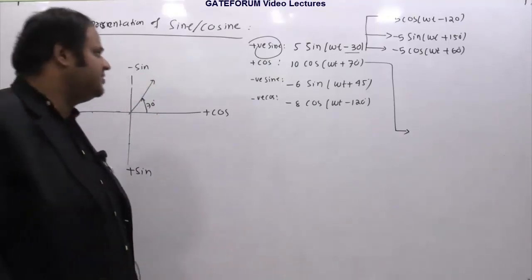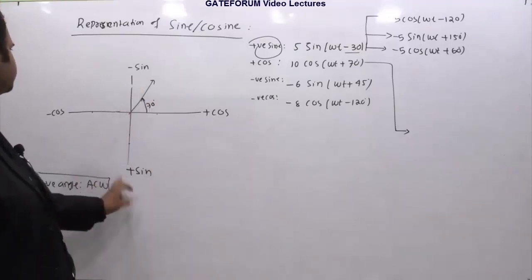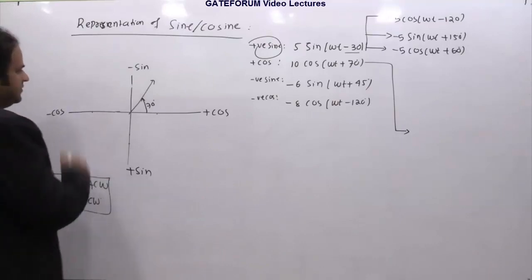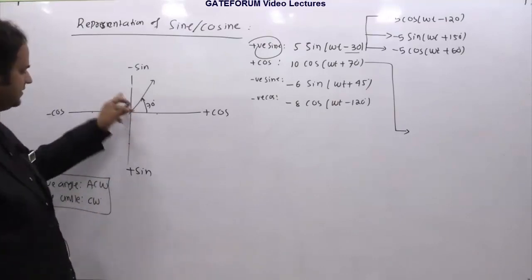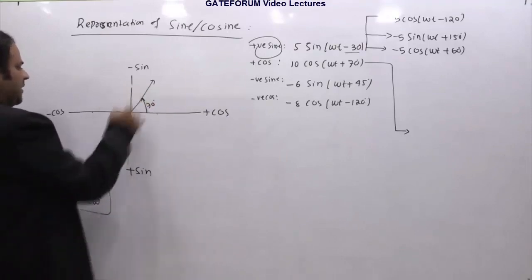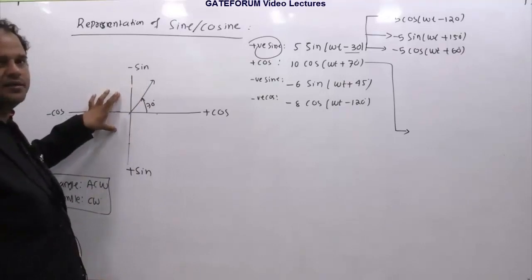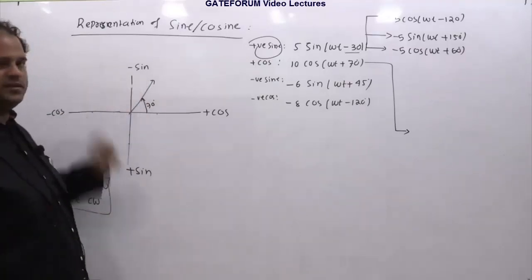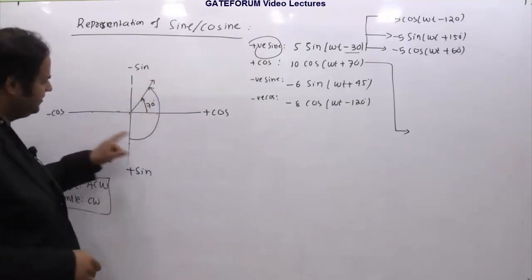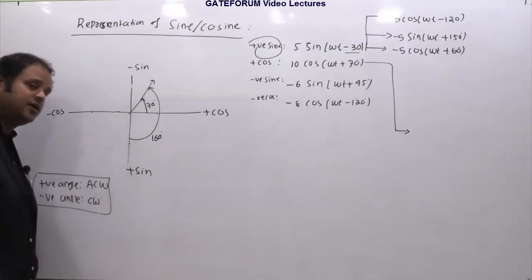So let us represent this in the other three forms. It is in positive cos. I have to write this in terms of positive sine and negative cos. If I am asking you in terms of positive sine, you have to measure how far this distance is from positive sine. To reach here, I have two paths, this path and this path. But if I go this way, I am exceeding 180, so I should not go this way, I should go this way. So what is this distance then? This is 70 and this is 90, so this is 160.